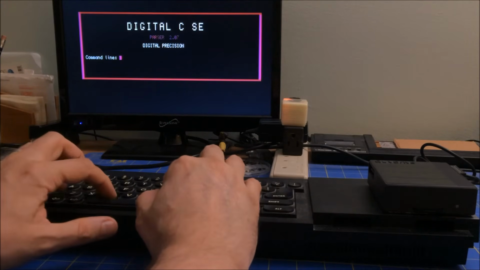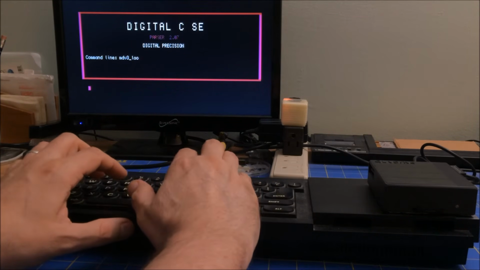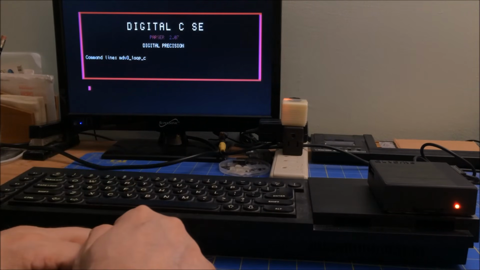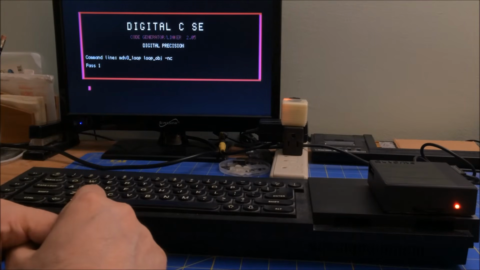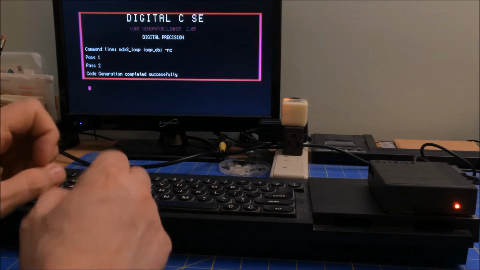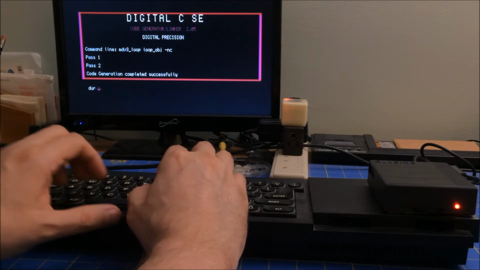Yep, so again, I'm going to go MDV3 loop C, and that's going to compile. So again, I'll fast forward over that. All right, code generation is complete. I think it's still writing to the disk, but it should have,